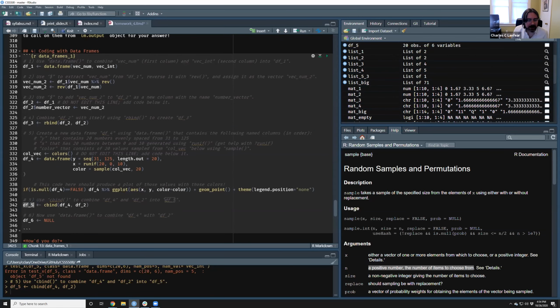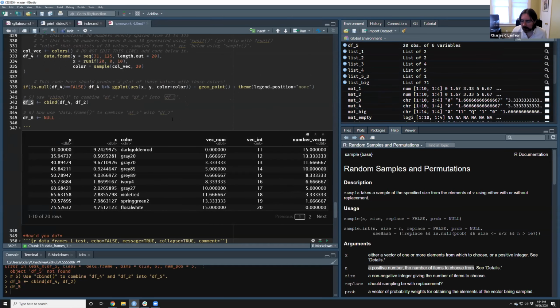And the thing is, if you cbind two data frames together, they don't turn into one big matrix. It keeps it as a data frame, but it still binds the columns together. So this tells us something interesting about cbind. If you give it data frames, it will produce a data frame. If you give it matrices, it will produce a matrix. So it works differently depending on what objects you give it. This is a universal thing in R because it's a type of object-oriented programming language. Commands like cbind do different things with different types of objects. Okay, so now we've got one big data frame, which is all of df4 and all of df2.